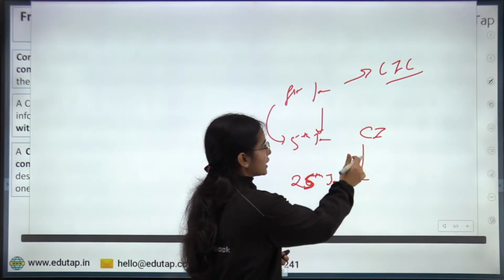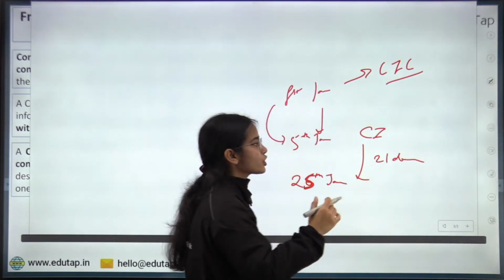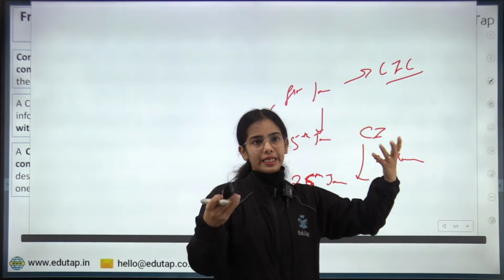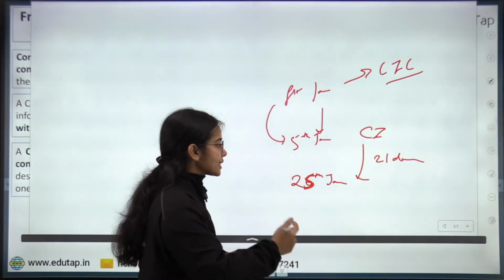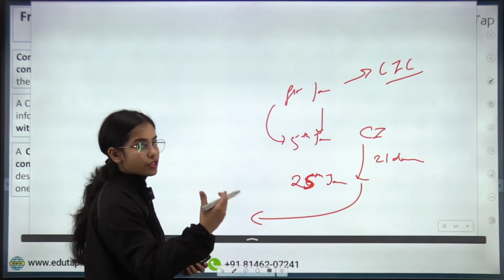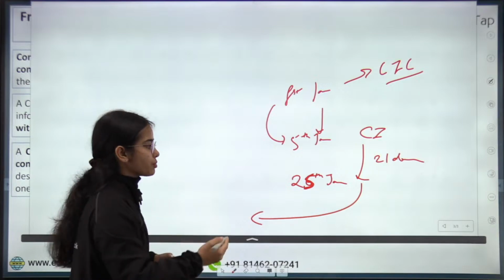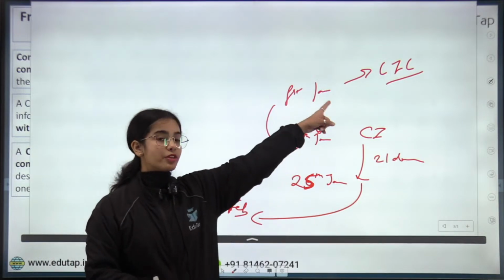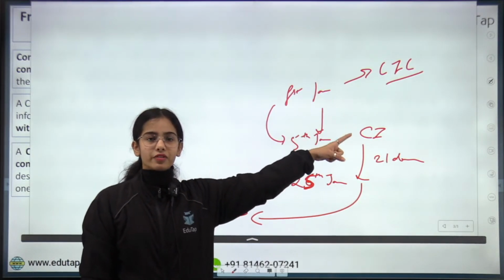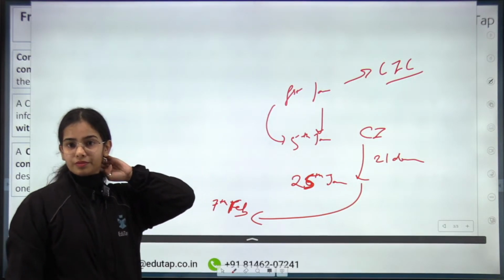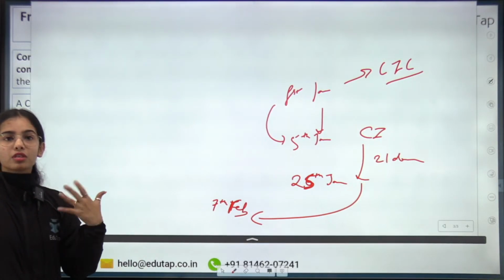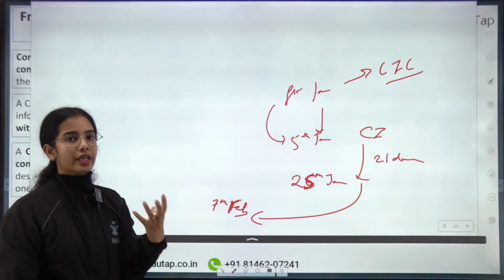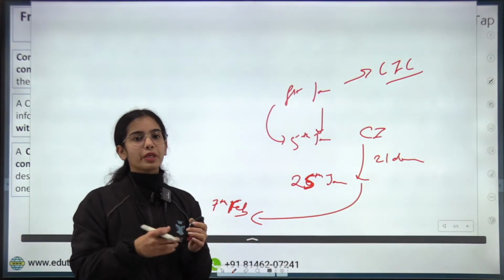By 25th of January, the credit institution, that is within 21 days, the credit institution has given the updated details to the CIC. Now, the CIC is giving the reply to the customer, or is giving the new credit report to the customer, on 7th of Feb. So here the compensation will be given by the CIC or the credit institution. Who will give the compensation? The credit information company or the credit institution?